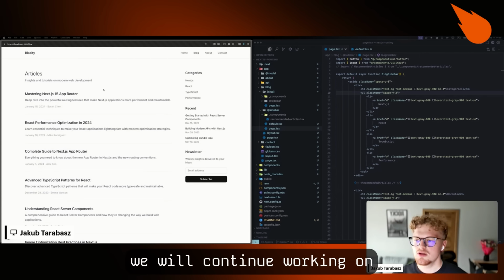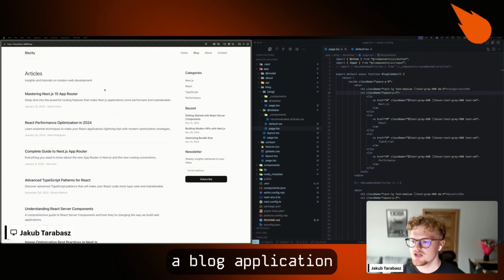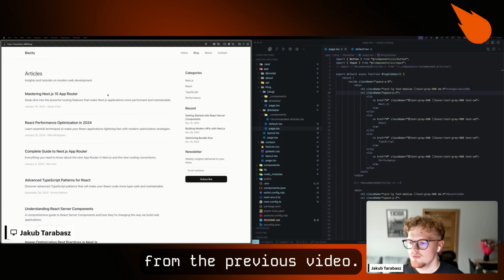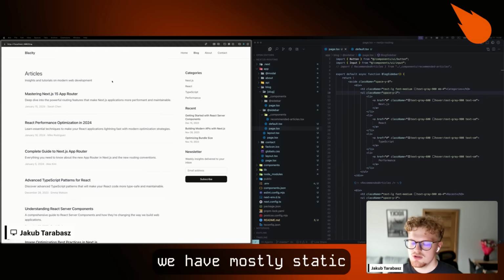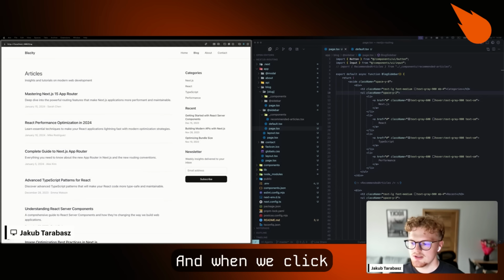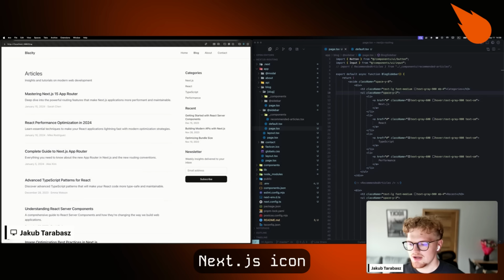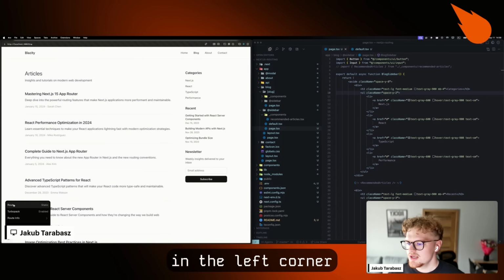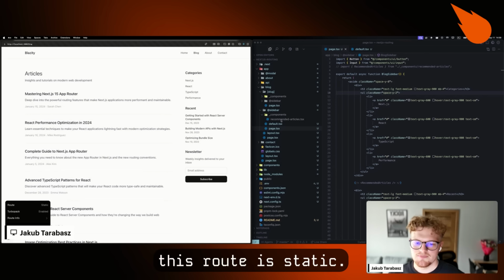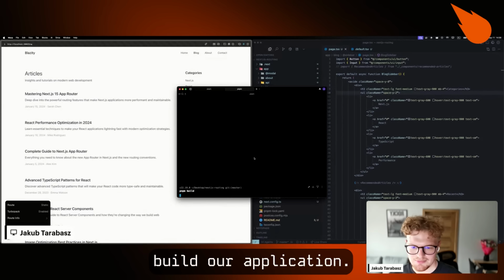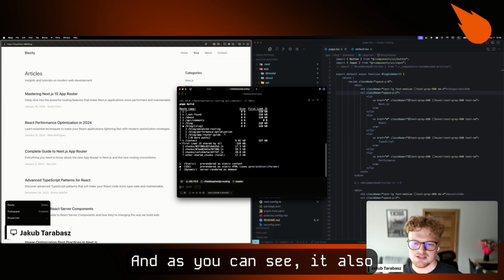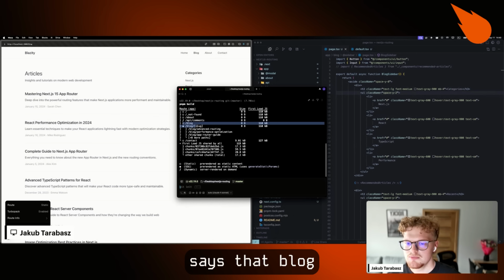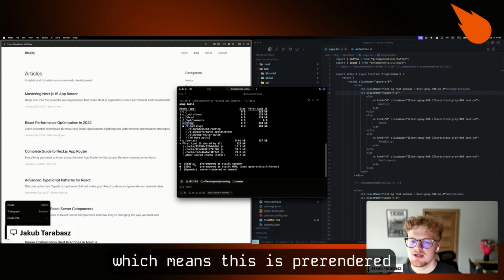In this video, we will continue working on a blog application from the previous video. And first, let's focus on the articles page. As you can see, we have mostly static data here, and when we click the Next.js icon in the left corner, it says that this route is static. Also, we can try to build our application. And as you can see, it also says that the blog route is static, which means this is pre-rendered as static